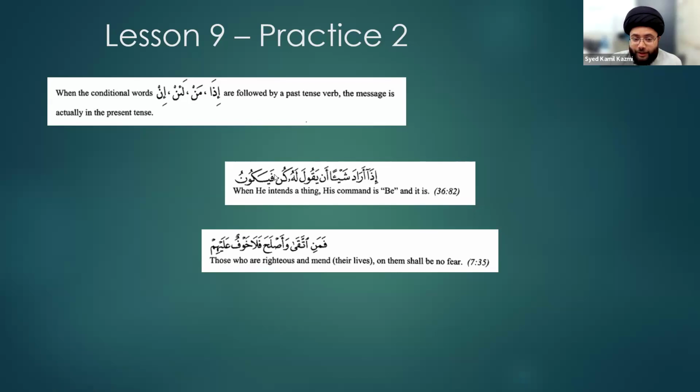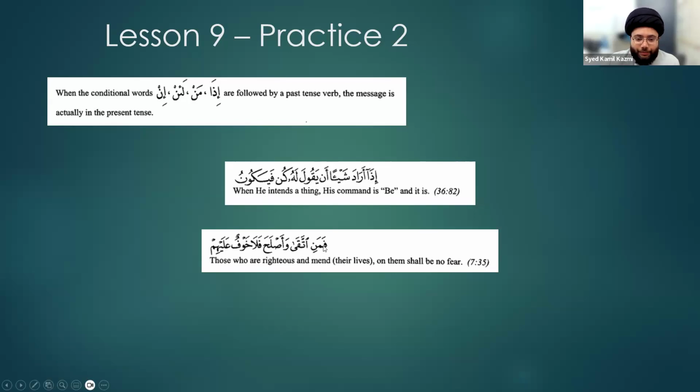Okay? So, إذا أراد شيئا أن يقول له كن, and the hadith goes, I'm the fa on yakun. In the sense that when Allah intends something, and now it is to be, I am the one who brings it about. So we have that in history where Imam Ali was given the titles of Yadullah, the hand of Allah, right? Where if Allah intended something to happen, a battle to be won, something to happen, right? He was the means by which Allah carried that out. We're close to 13th Rajab, it's passed already, but I thought to share this point with you guys, inshallah, for your benefit.